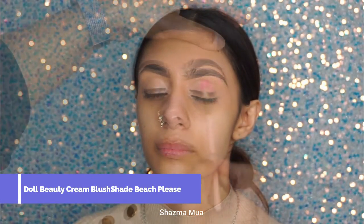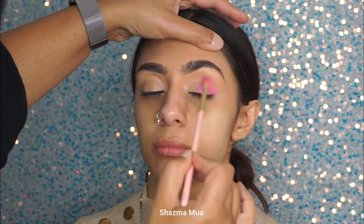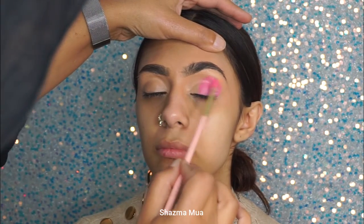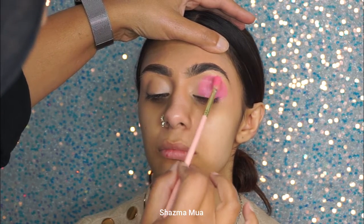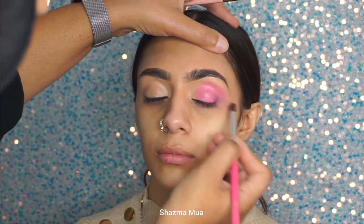Now I went in with a gel, a creamy blusher. So this was a cream formula, so I added this on first and I'm tapping this on. So this will give me extra depth of the pink that I wanted. I really wanted that to pop. So you can skip this step if you want to. You can just go in with your pinks as well. But I added this on and I'm just blending it out, and then I will go over it with some